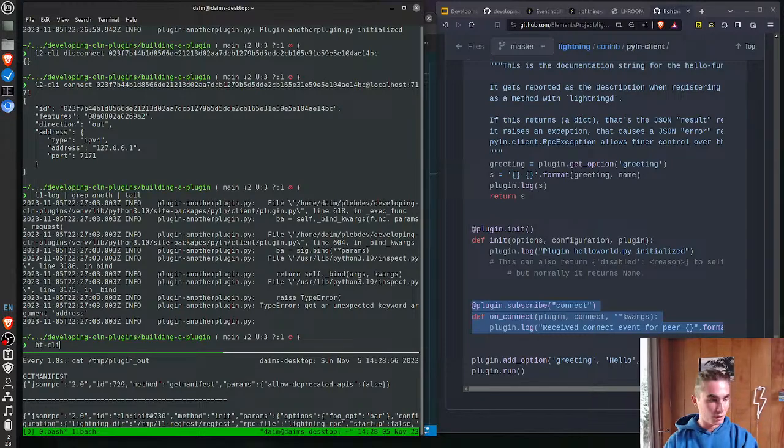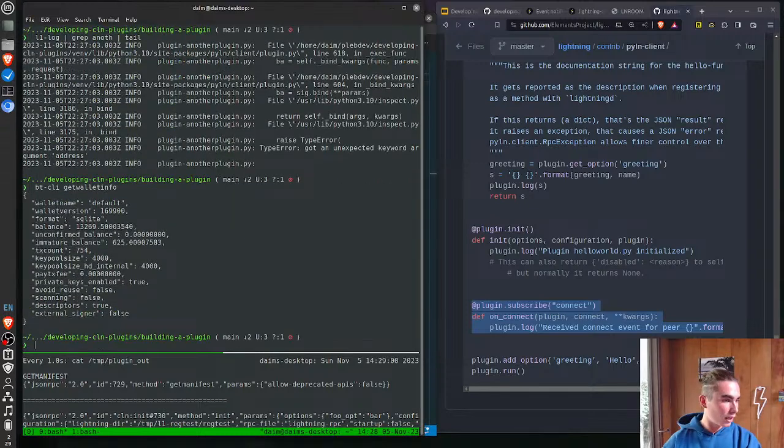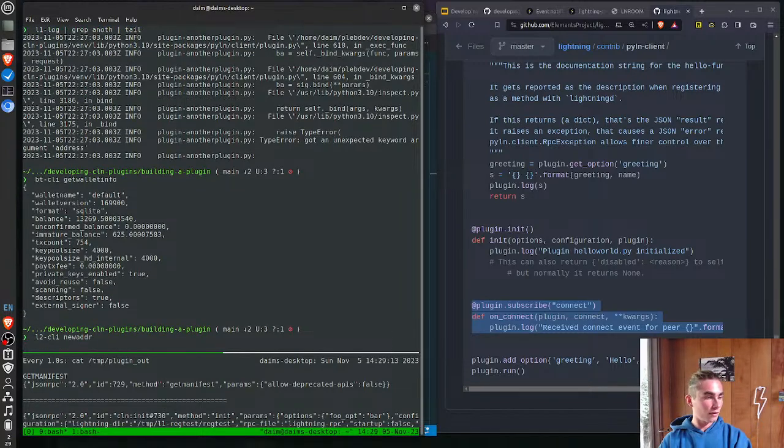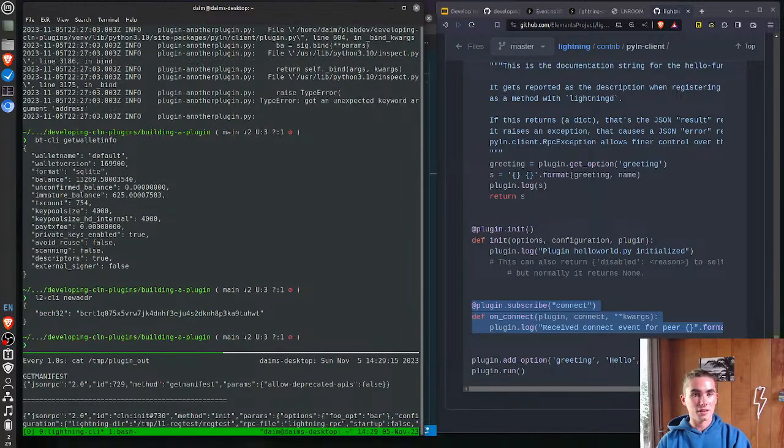let's see, we can say bitcoin-cli getwalletinfo. We have 13,000 regtest Bitcoin, so we're rich there. And so now we will need to get a new address for L2 because we're creating this plugin on L1, so we want to pay an invoice on L1. So in order to do that, we'll need to open a channel from L2 to L1. So we got L2's address, and now we can say